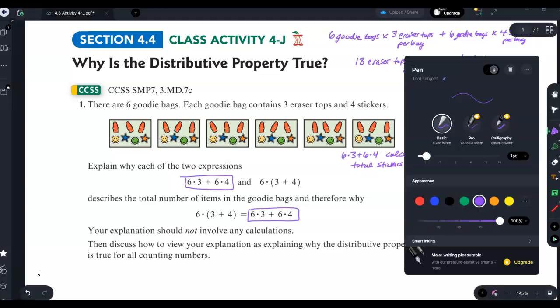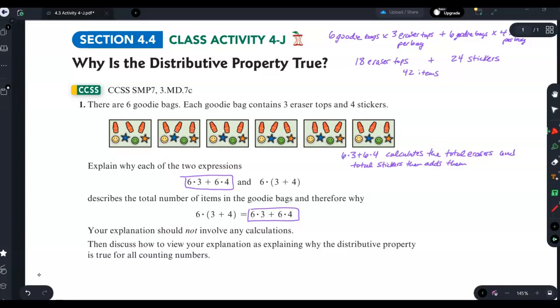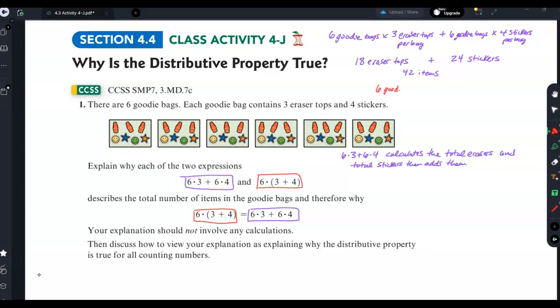So that's one way to do it, but then look at the other expression here. So the second expression, or the left side of my equation here. So if I do 6 times (3 plus 4) without distributing the 6, then I would actually follow the order of operations and do what's inside the parentheses first. So this would be like saying I have 6 goodie bags, and then I'm going to multiply that by, in parentheses, what I'm doing is adding the 3 eraser tops